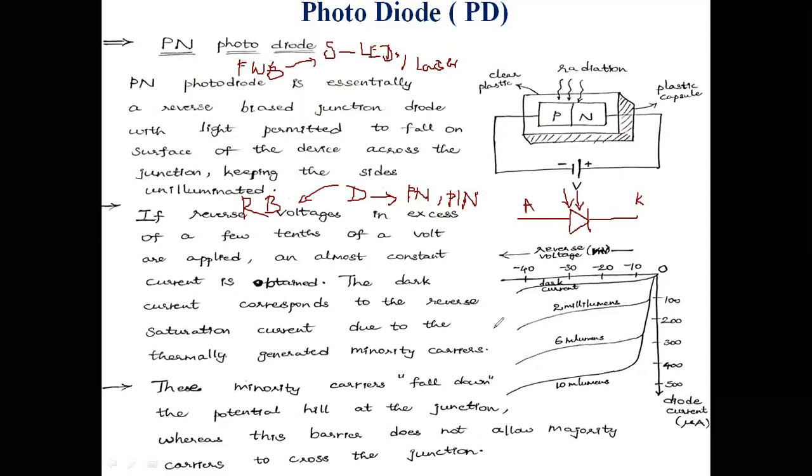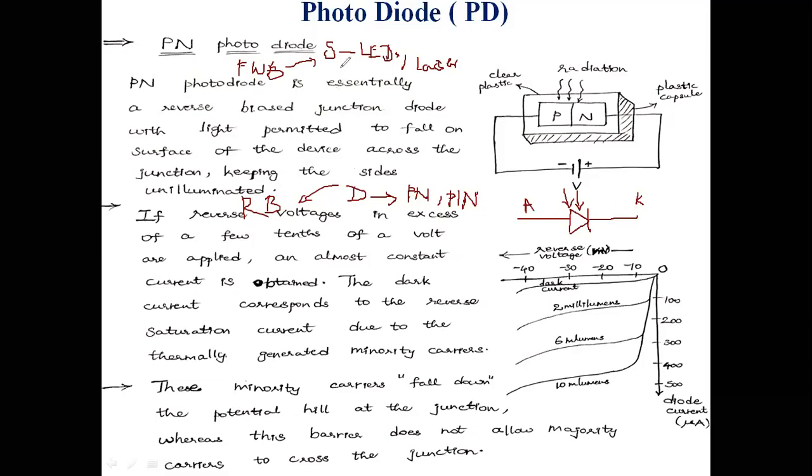In the reverse bias condition, the flow of current in the reverse direction is very small. That current is obtained by applying some voltage, the reverse bias voltage. Then the flow of current will be drastic in the reverse bias direction. That is the basic view regarding these optical sources and optical detectors.